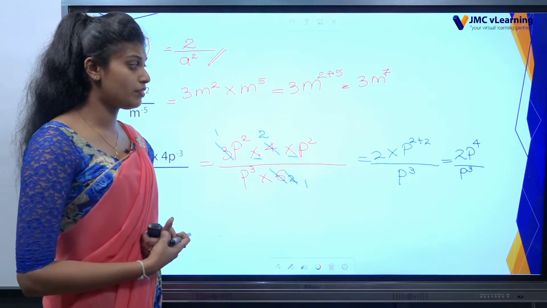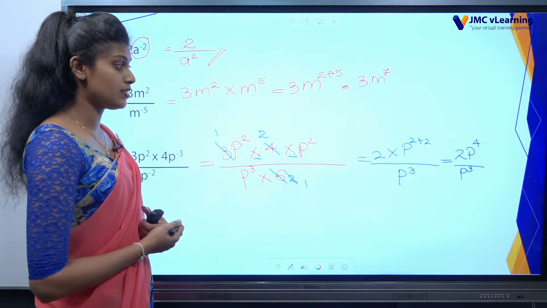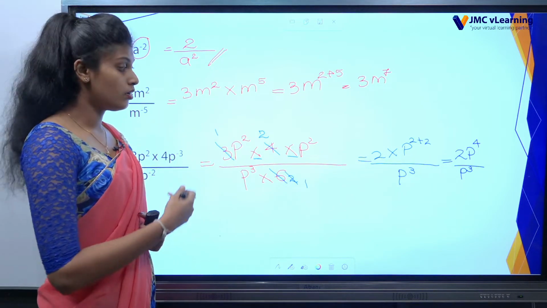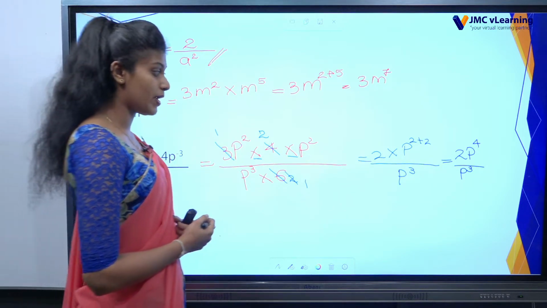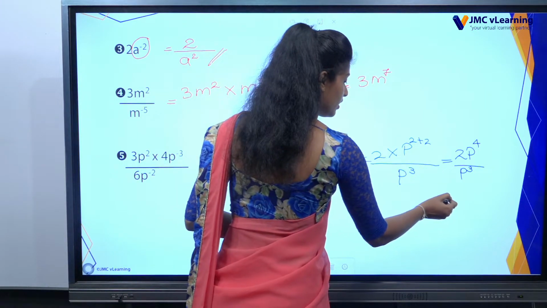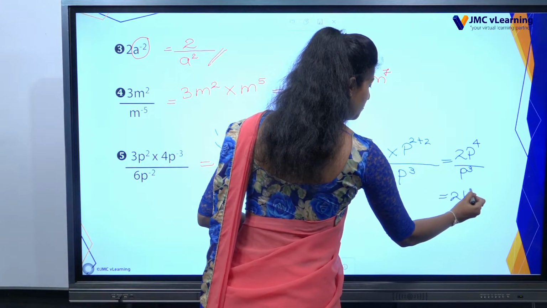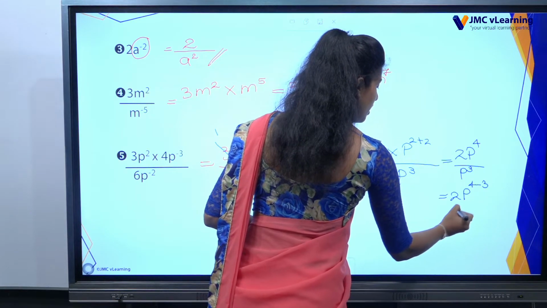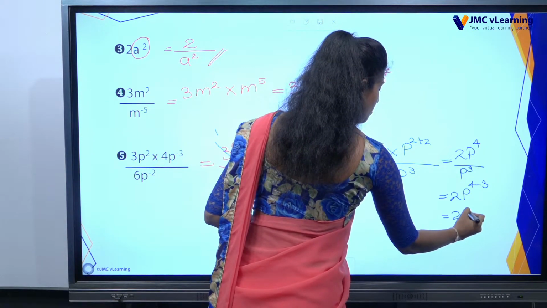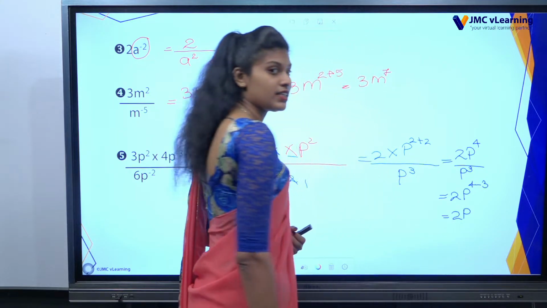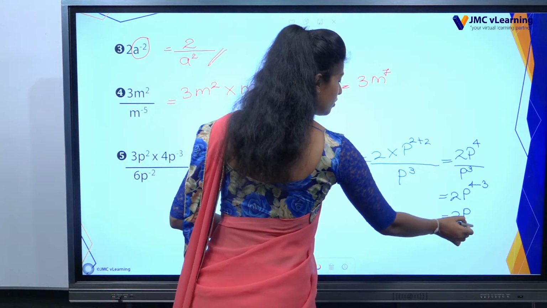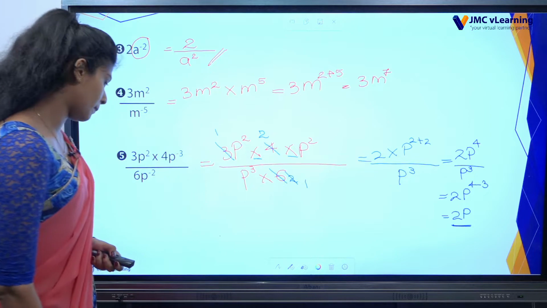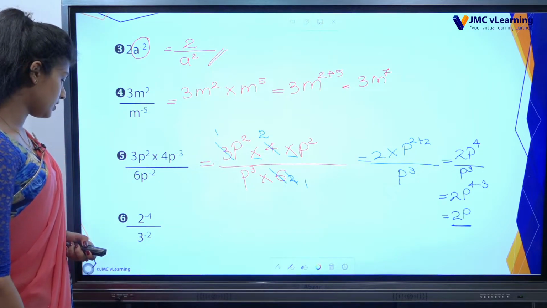Then let's simplify. P is the common base. Here above 4, below 3. Have to subtract because this is division. Then 2 p to the power 4 minus 3. Answer is 2p, because power 1 also means the same base p. The next example,